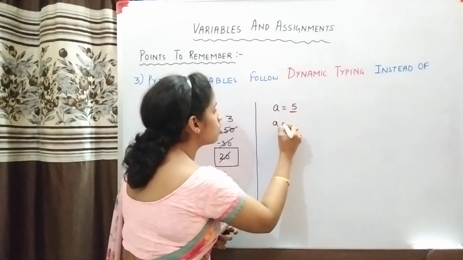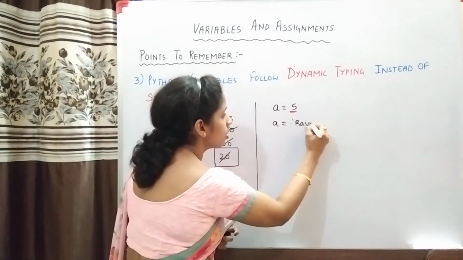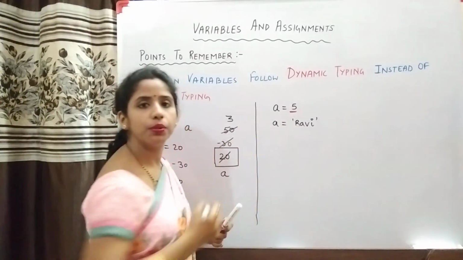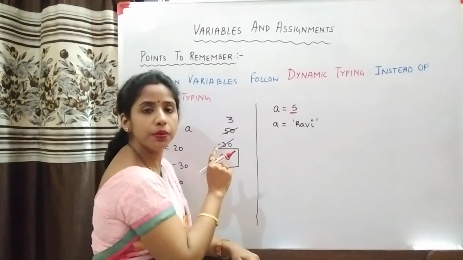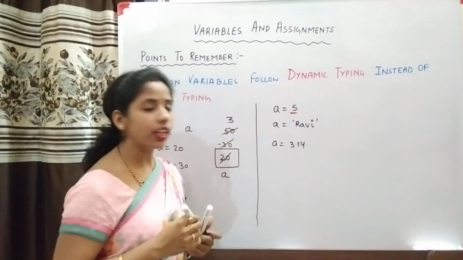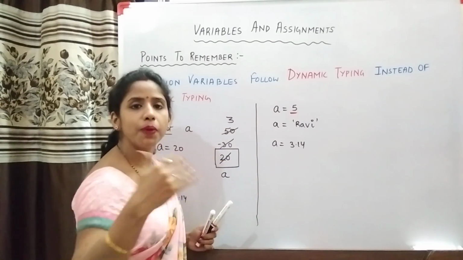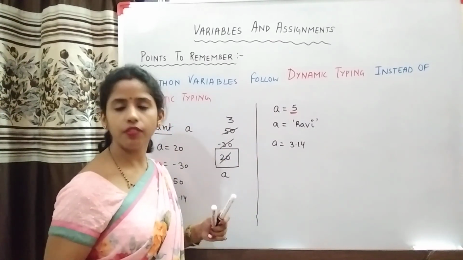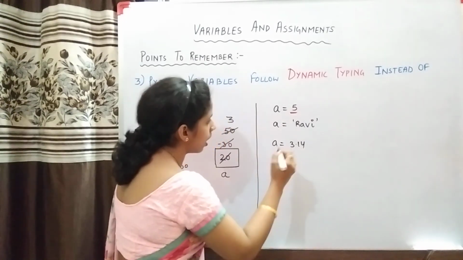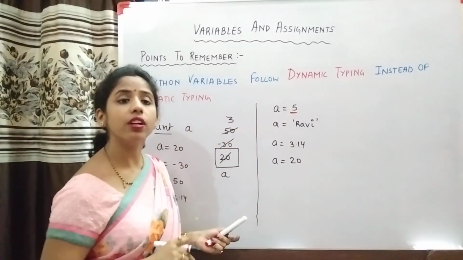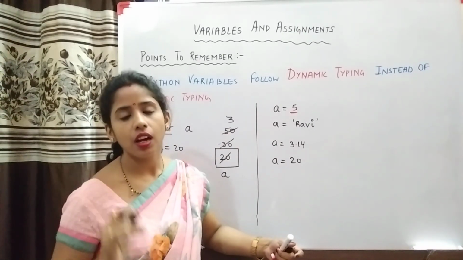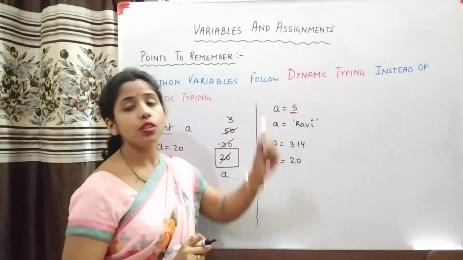Now after this if you write the statement like a is equal to Ravi, now instantly this a will convert into a string variable. ठीक है, अभी इस लाइन के पहले ये इंटीजर वेरिएबल था, अभी ये स्ट्रिंग बन गया. इसके बाद अगर मैं लिख दूं a is equal to 3.14, again it will not show me any error, instantly it will convert, means Python will convert this variable a into a float variable. ठीक है, now after this if I assign some other value, suppose I want to assign 20 to it now, so now it will again convert into an integer value. मतलब जो वैल्यू आप जिस समय दे देंगे ये वेरिएबल को उस टाइप का बना देगा और आपको कभी किसी चीज में प्रॉब्लम नहीं करेगा. This is called dynamic typing.